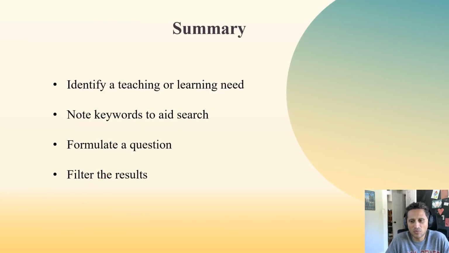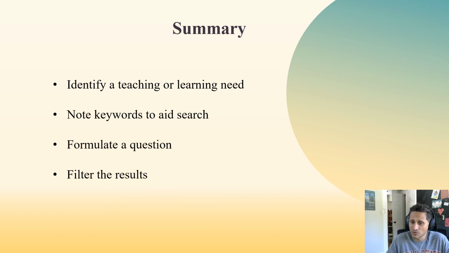I hope this short presentation has shed a little light on the task of performing your first literature review. It is important to think of it maybe as 4 different steps that can guide you in your first review. The first is to identify a teaching or learning need in practice. Then is to just sit down and note some keywords, some words that are related to the problem that you've identified. Using those words to formulate a research question, and that is the question of what you ultimately want to solve or demonstrate. And then you do your search.